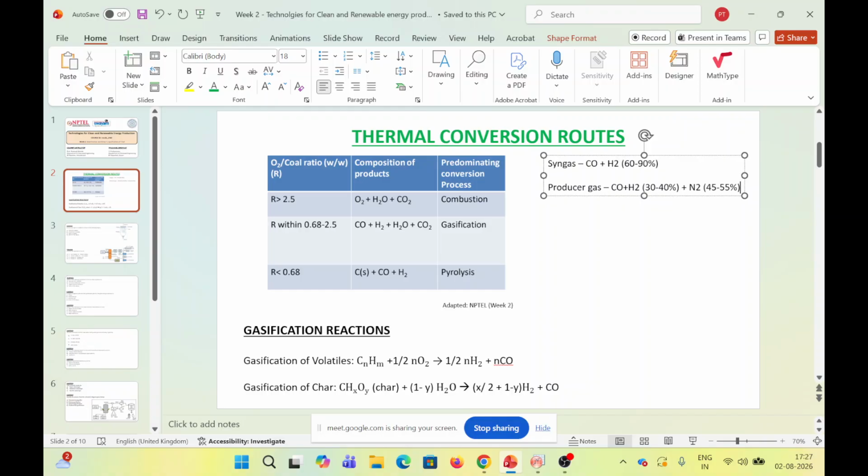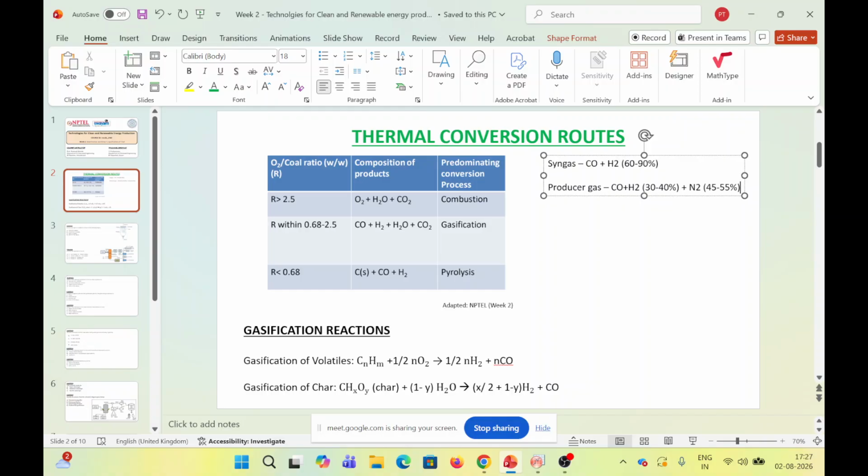So if you exactly want to pinpoint the answer, it is basically the presence of the nitrogen gas, or you can say the inert nature of the nitrogen gas, that makes the producer gas have a low heating value in comparison to that of a syngas. So this is about the concept of